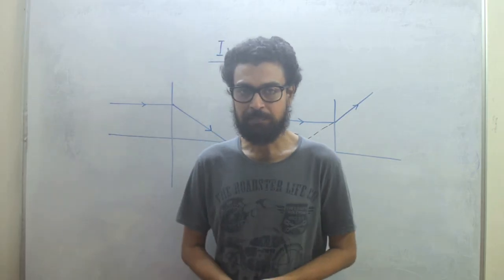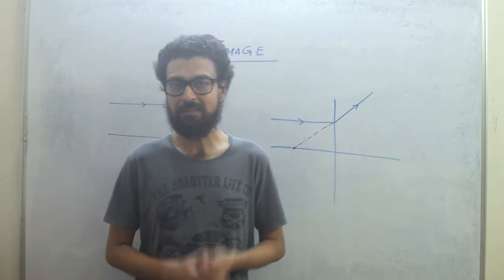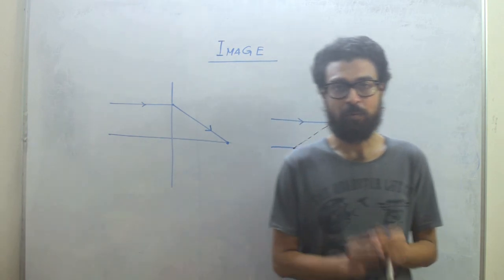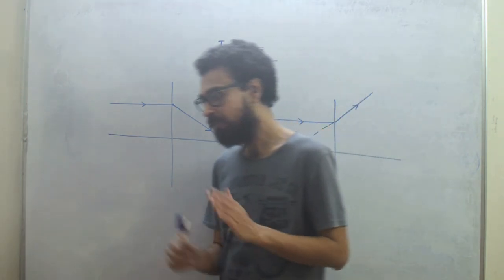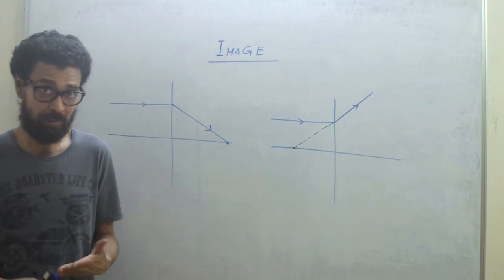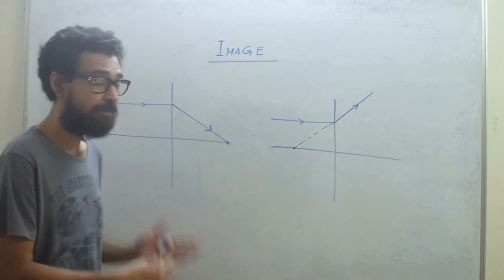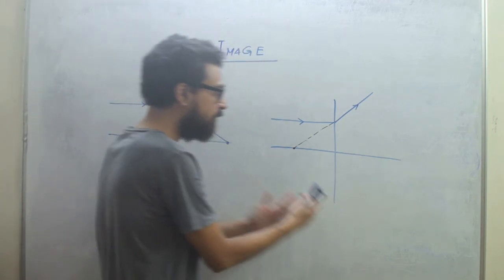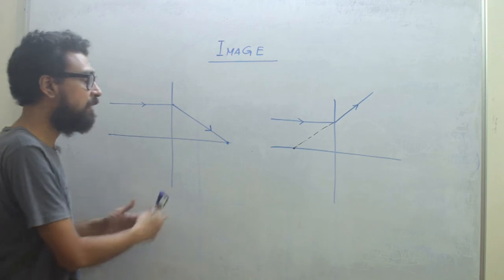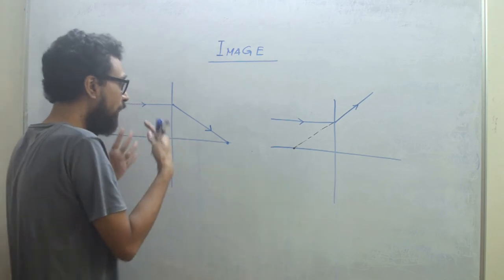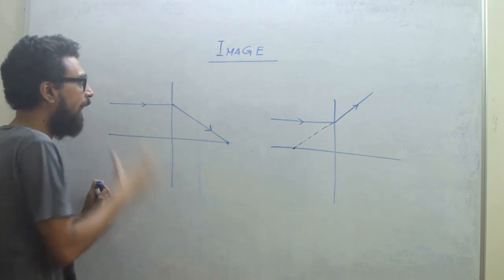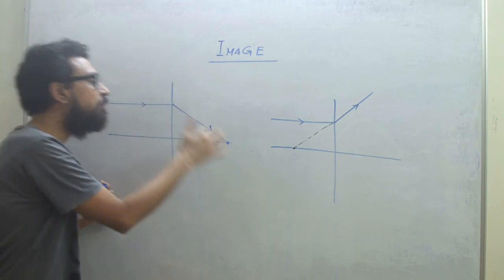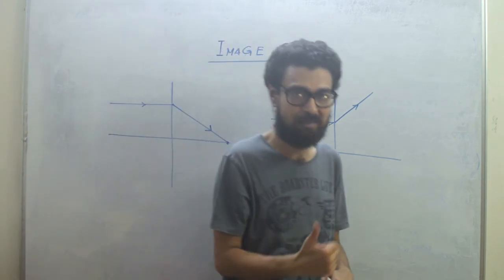Before we start this chapter, at first we have to understand what is an image. We did this in lower classes, in class 9, but we have to understand what image means. Since we are dealing with lens, let us think about the two lenses in our syllabus, a convex lens and a concave lens. From the definition of principal focus, if a parallel ray of light is incident on a convex lens, then it meets at a point on the principal axis,